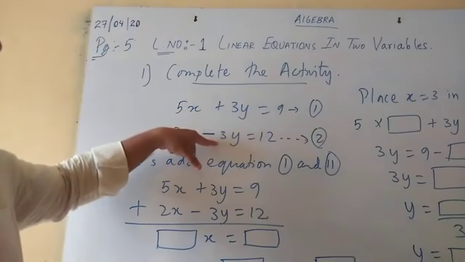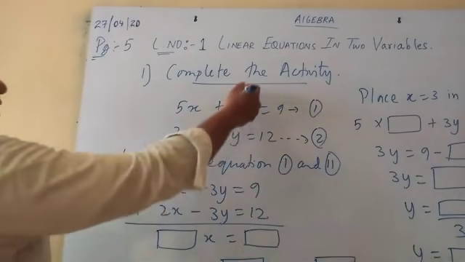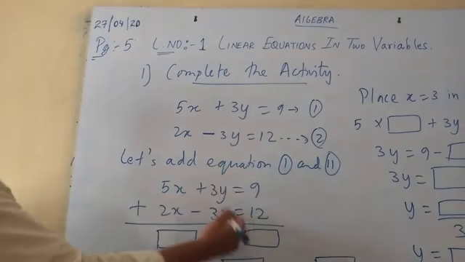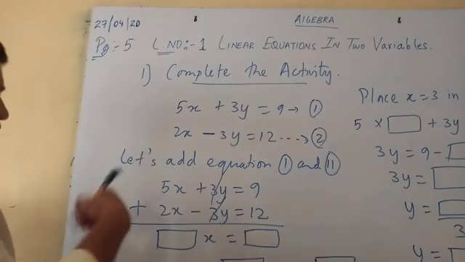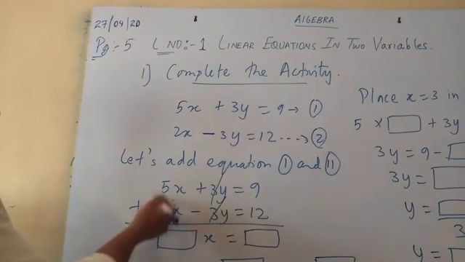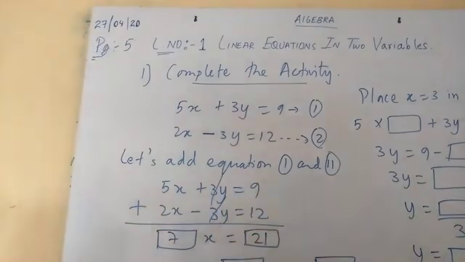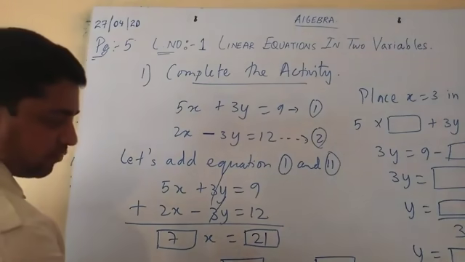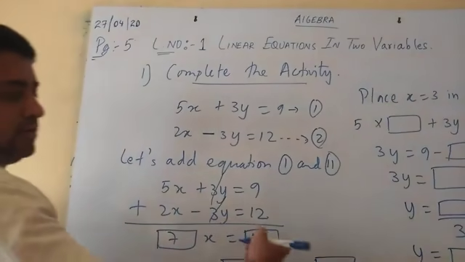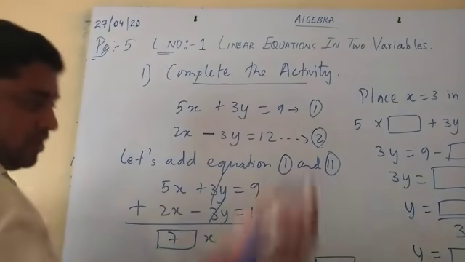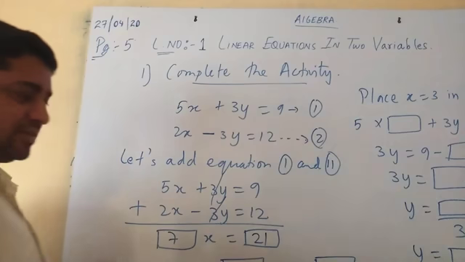The coefficient is the same. So by adding I can just eliminate it directly, no multiplication, nothing is required. So this gets cancelled. That means if I add equation 1 and 2, 3y gets cancelled. So 5x plus 2x, we are adding, that is 7x, correct, is equal to 12 plus 9, 21. Now x is equal to 21 upon 7. So what will be your final answer? 3. As I said, I cannot hear you now. I'll have to answer it myself. x is equal to 3. 7 3s are 21. Is it clear?